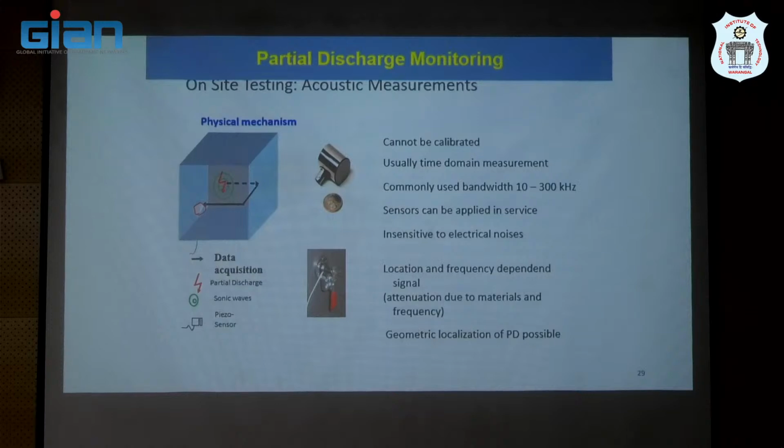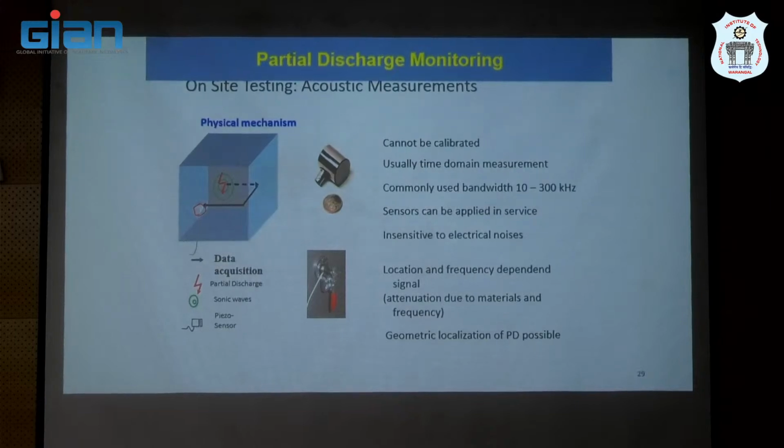If you could use the time of arrival based on the different sensors, so how is it? Suppose for a particular sensor the defect is very near, it will give a very high magnitude compared to the others. In that way we can try to detect the particular position where the problem is occurring, so you should be able to identify it by means of diagnosis